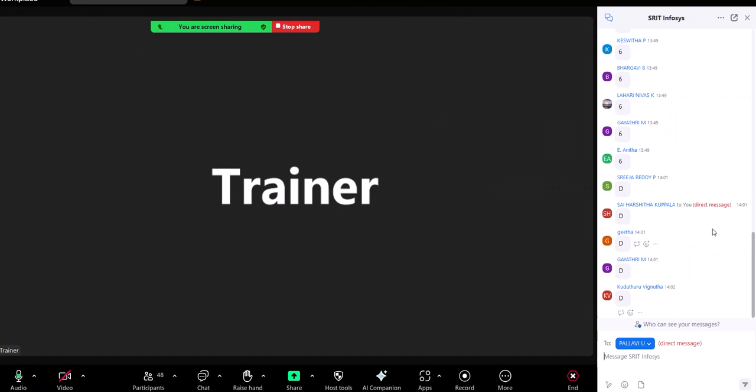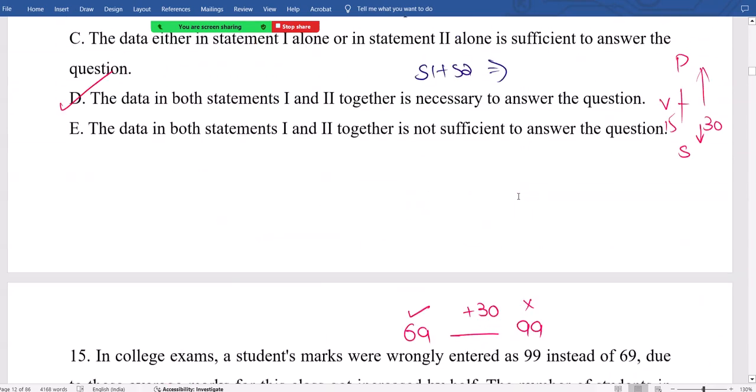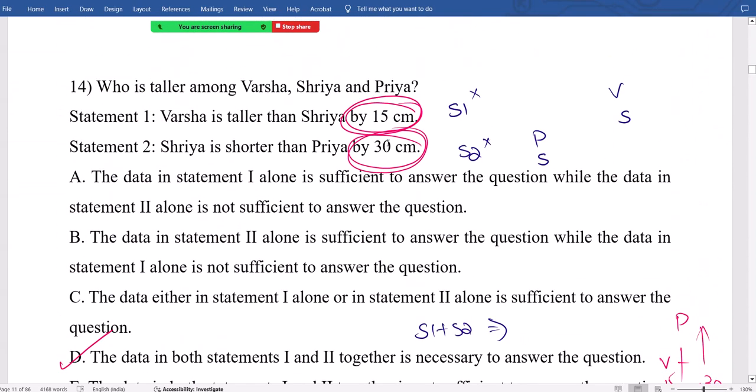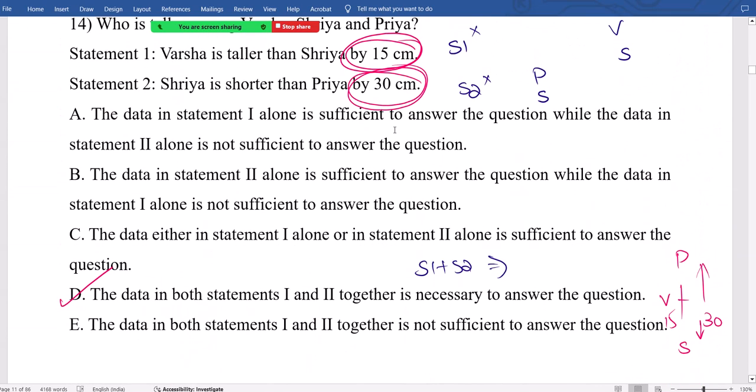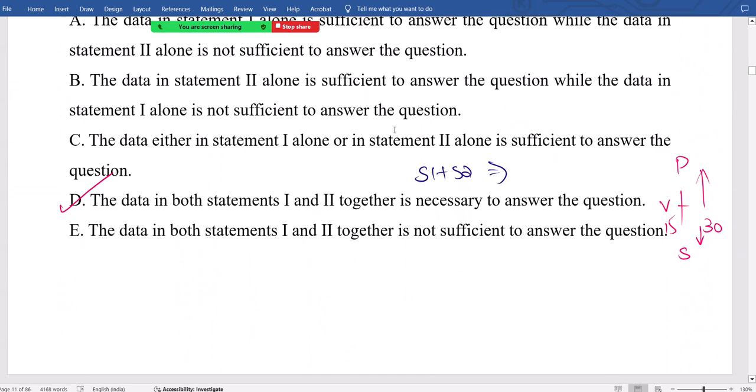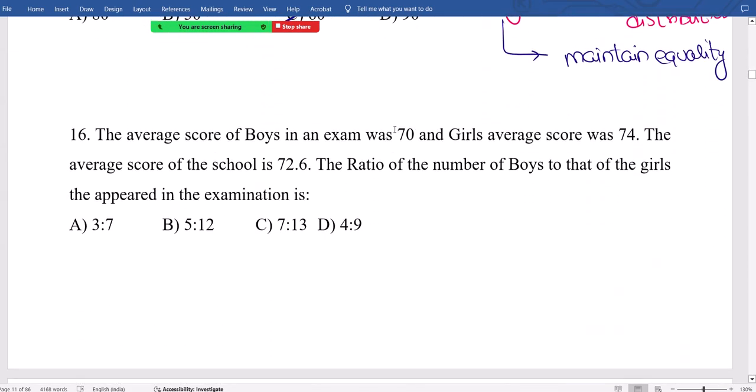Gayatri, Arshita, Srija, good. Vignuta correct. If they do not mention the distance, answer will be neither together nor sufficient. They mention the distance clearly. I agree. Okay, both put together sufficient. Now see next question regarding